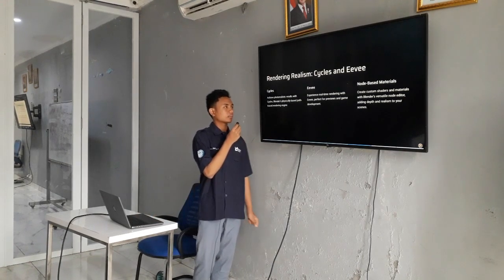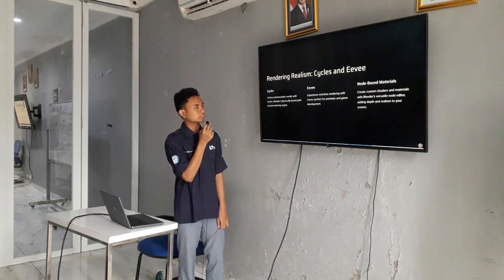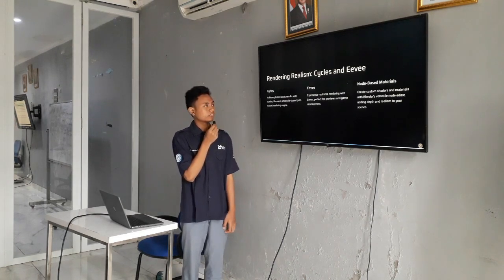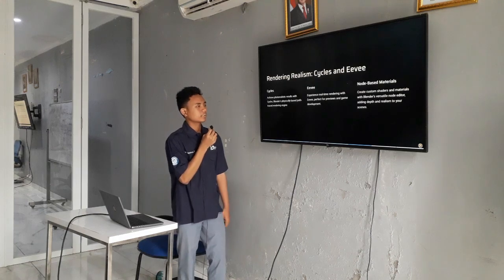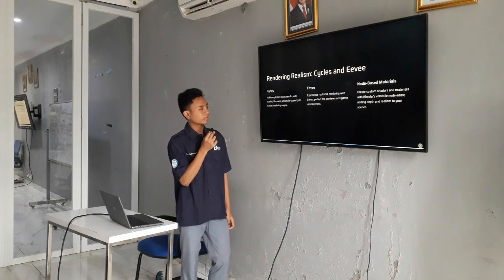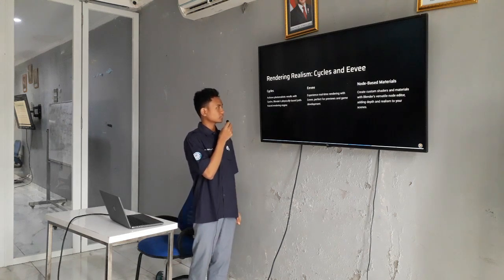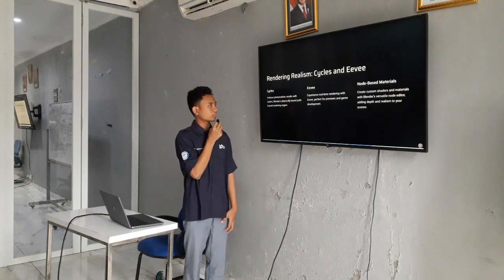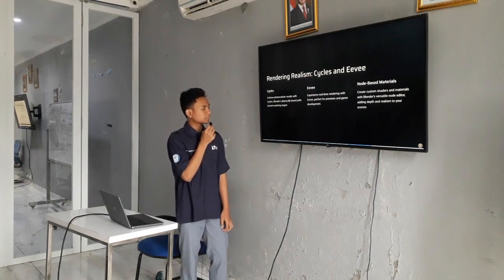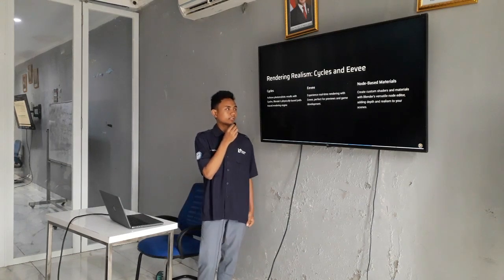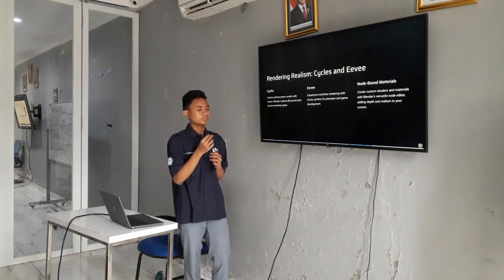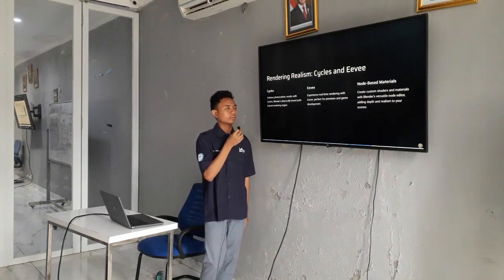And this is maybe the last step for Blender, rendering realism, Cycles and Eevee. So in Blender there are three types of rendering. The first is Cycles. Cycles is to achieve photorealistic results, Blender's physically based path tracing rendering engine. So it's basically the slow one of rendering.